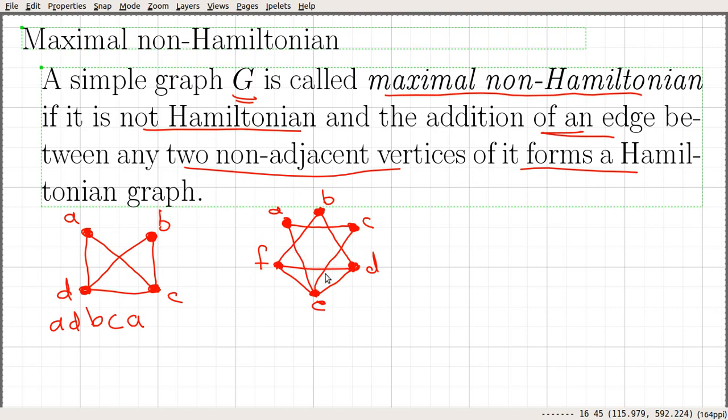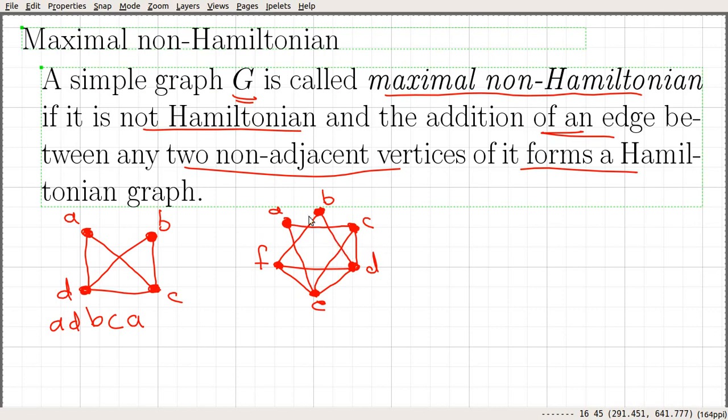Similarly, you can see that this is also not a Hamiltonian graph. Look into this graph, you can see that it is not a Hamiltonian graph. But here we can see that if you add one more edge, say something like this, immediately this graph